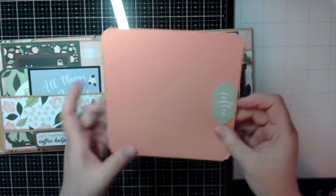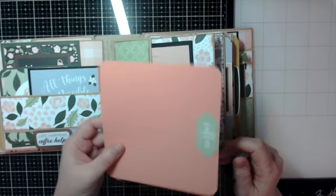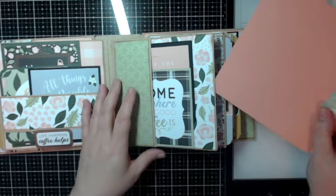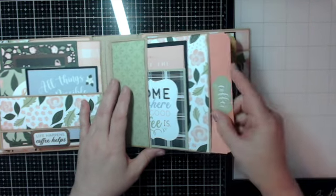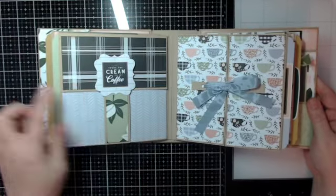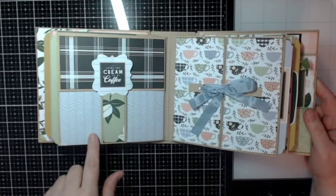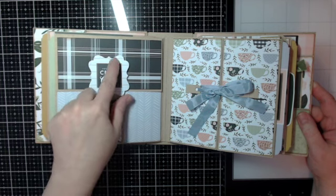This is the cardstock that comes, or it's coordinating cardstock that goes with the paper collection. I think my design team package has like 3 or 4 pages. Then this one, I really like this page. I really like it. It's really simple. This looks blue on my screen, but it is definitely a gray. Again, I just said that you're the cream to my coffee. You can't tell here, but this